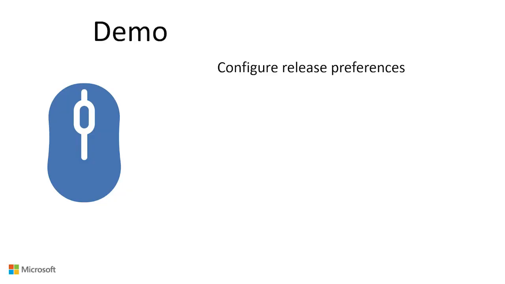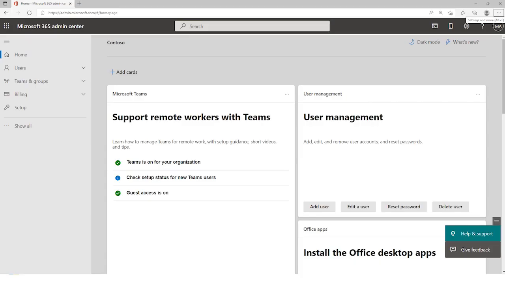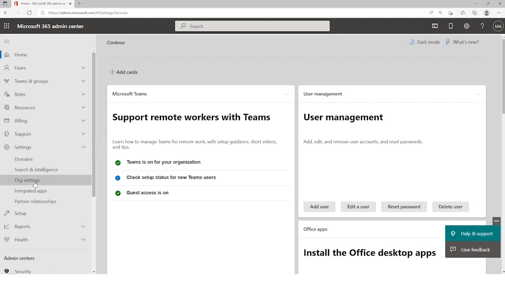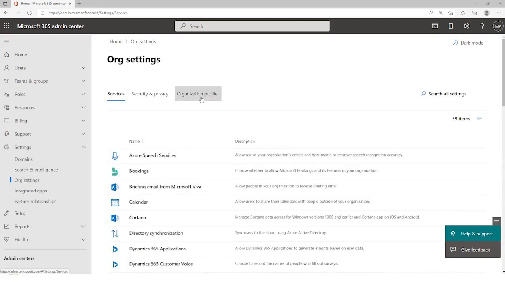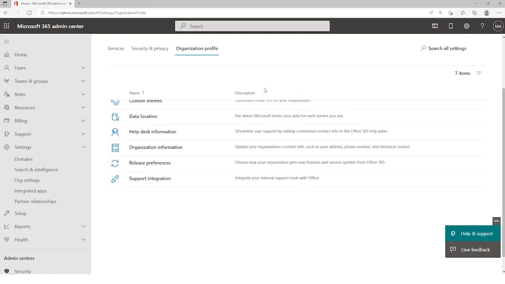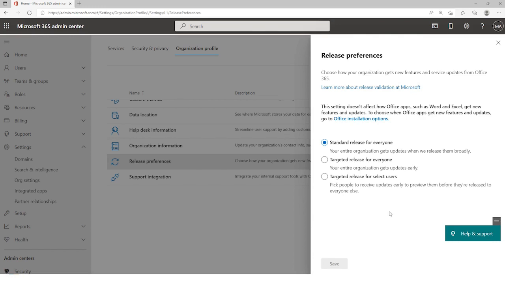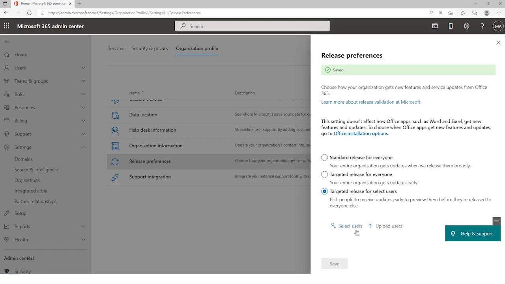Now I want to show you how to configure release preferences. Back here in the Admin Center, I'm going to Show All and go to Settings, to Org Settings, and select the Organization Profile and select Release Preferences. This is going to allow me to configure certain users to receive new features up to 6 months before general release. So, for example, if I say targeted release for select users and save, then I get to pick the